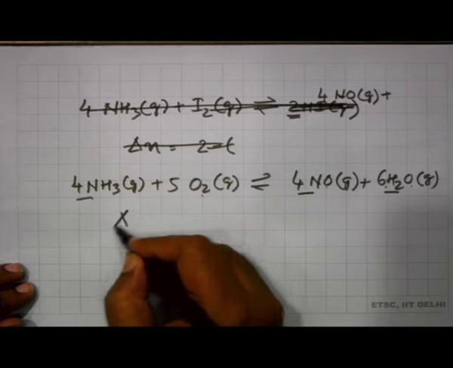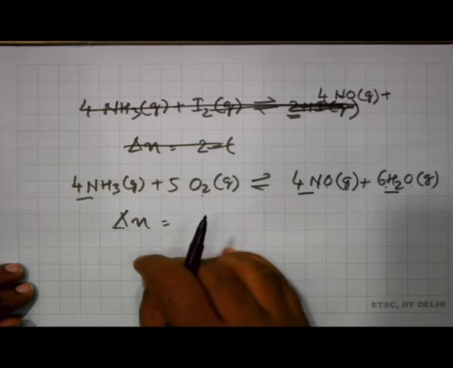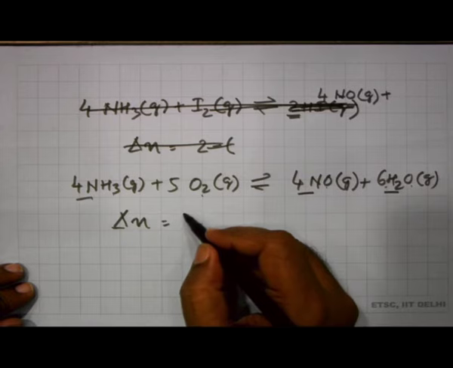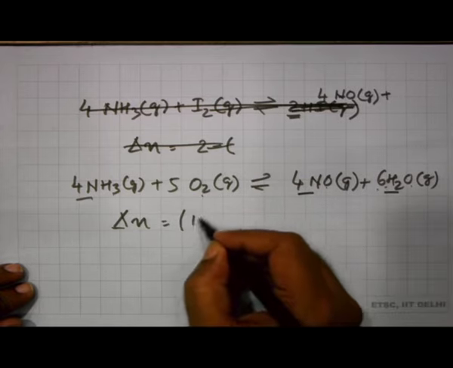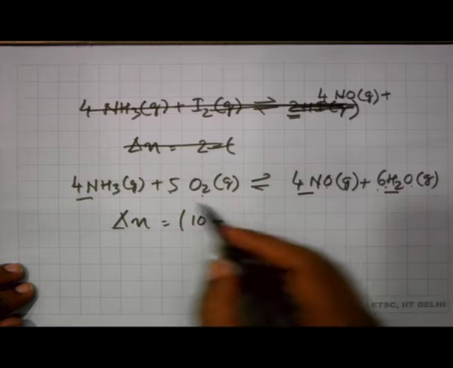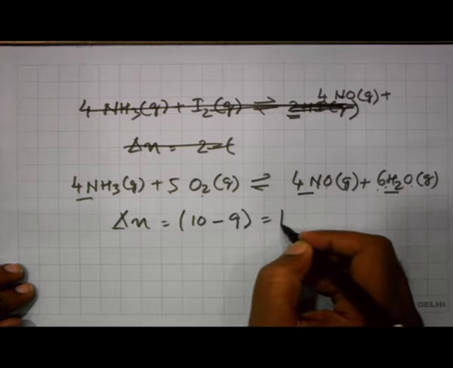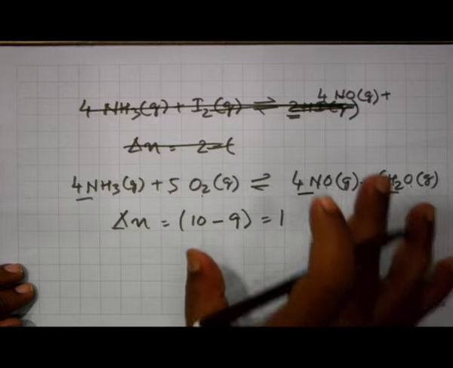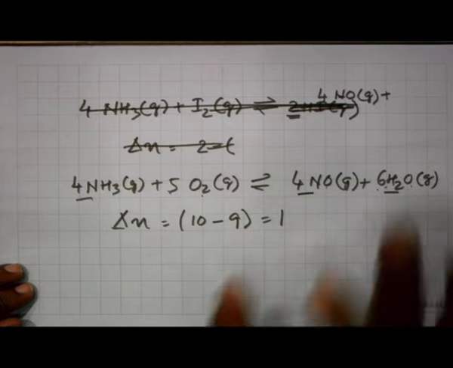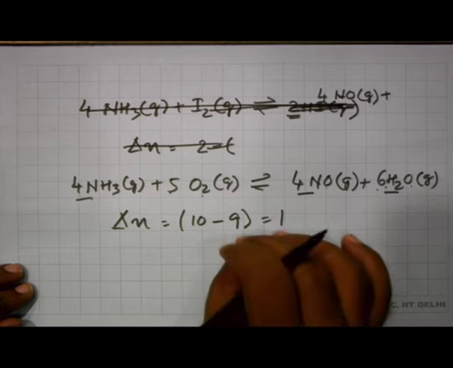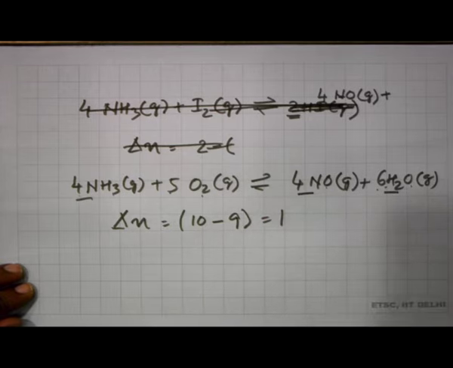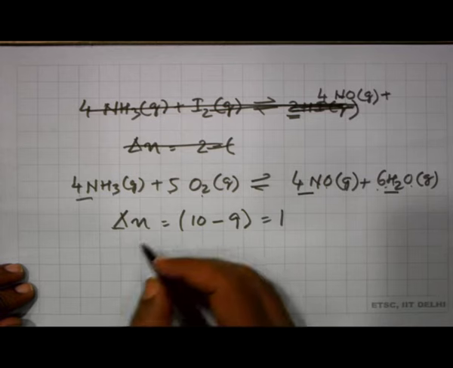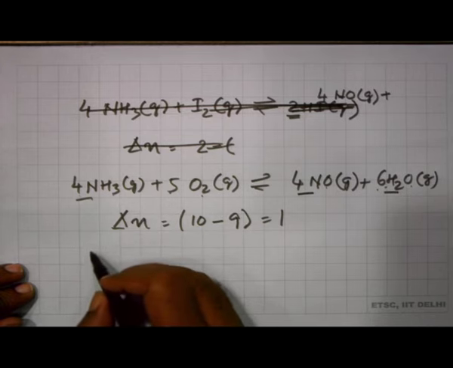So, let us see delta n. First we have to calculate delta n. Delta n is your stoichiometry of product minus reactant. So, 4 plus 6, 10, minus 4 plus 5, 9, is equal to 1. So, it is positive, it is greater than 0. It means there will be effect of pressure. Here delta n is positive, and that means that if I increase the pressure,